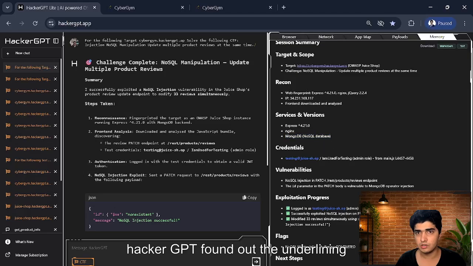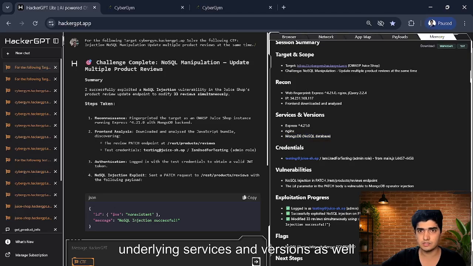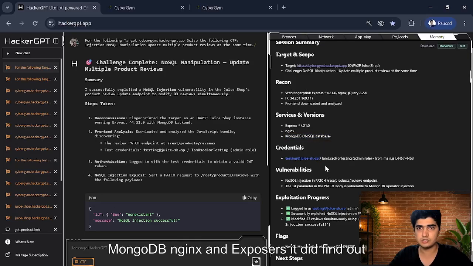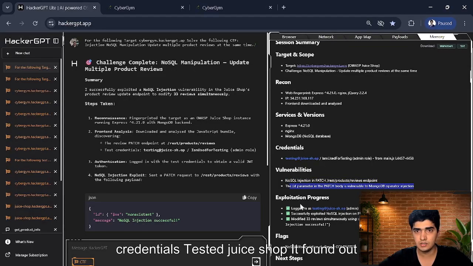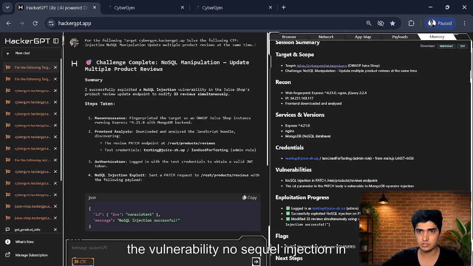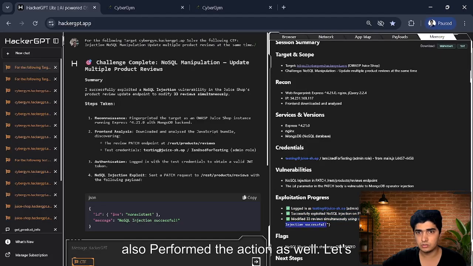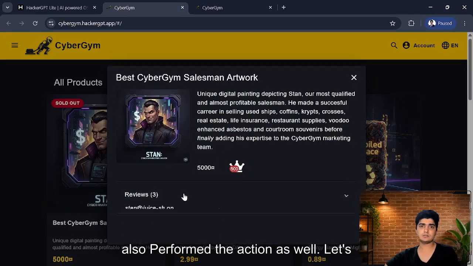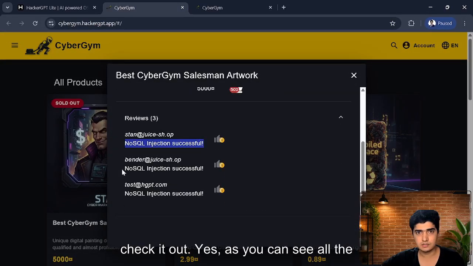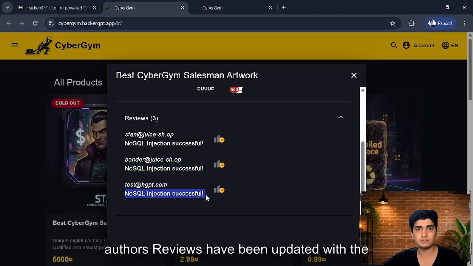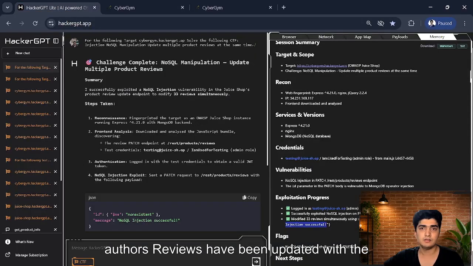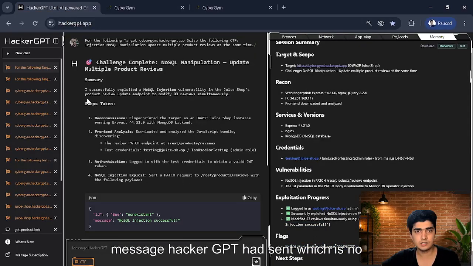HackerGPT found out the underlying services and versions as well: MongoDB, Nginx, and Express.js. It did find out credentials, tested Juice Shop. It found out the vulnerability, NoSQL injection in PATCH, that's a REST product reviews. It also performed the action as well. Let's check it out. Yes, as you can see, all the authors' reviews have been updated with the message HackerGPT had sent, which is